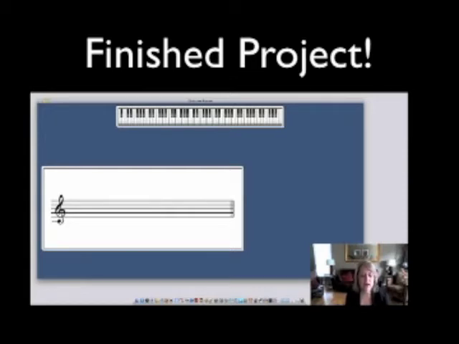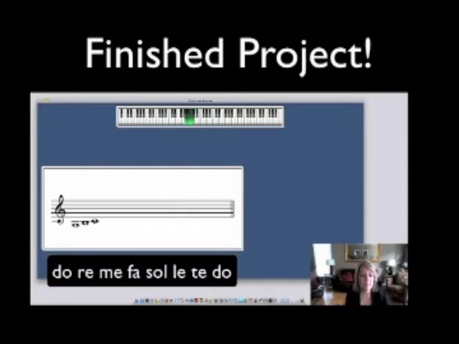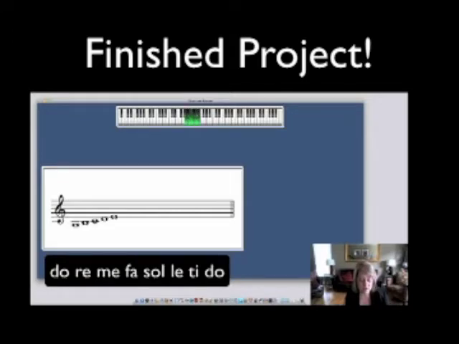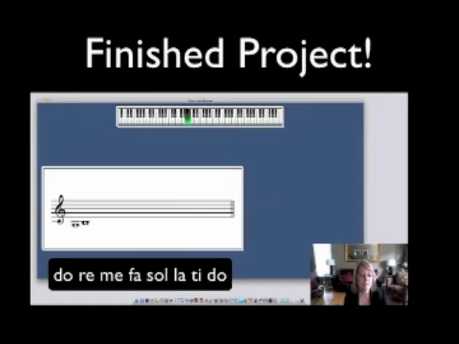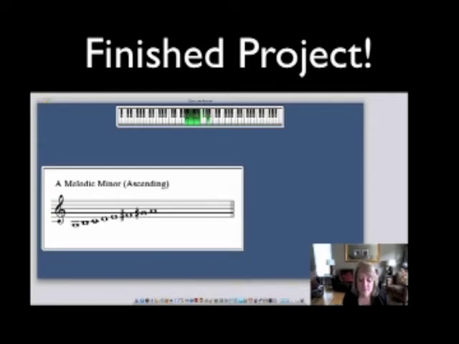This is natural. Do, re, mi, fa, sol, la, te, do. And then harmonic minor goes do, re, mi, fa, sol, la, ti, do. And then melodic minor goes like this. Do, re, mi, fa, sol, la, ti, do. Okay,